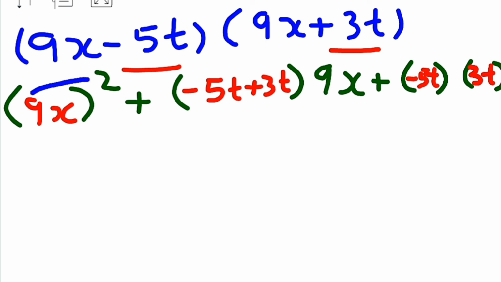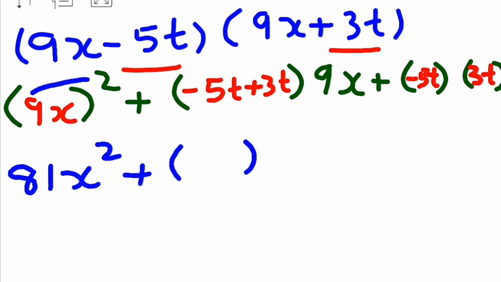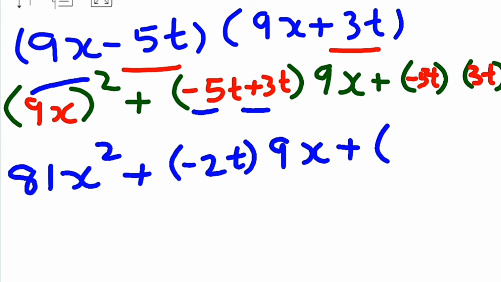9 square we have to do. We have to double the number. So 9 9s will give you the answer as 81, and x doubled means x square. Plus, always write this number inside the bracket because here we have 9x. So minus 5 plus 3 will give you the answer as minus 2t. Don't forget the variable also. Here also we will put this number inside the bracket. 5 3s are, bracket means always multiplication. So 5 3s are 15, and t also we have to multiply. It will become t square.